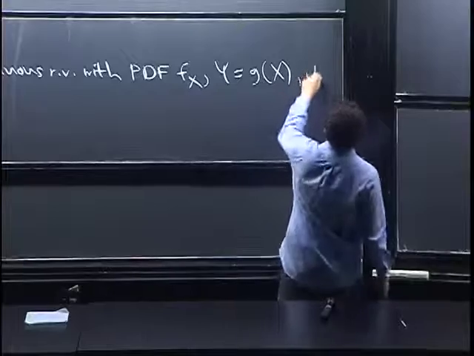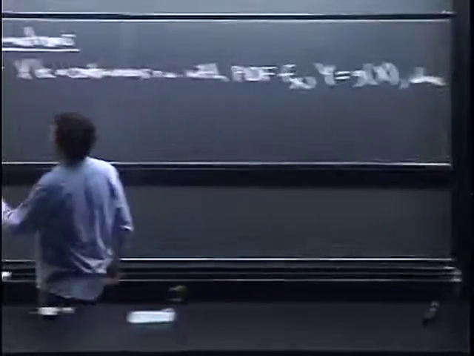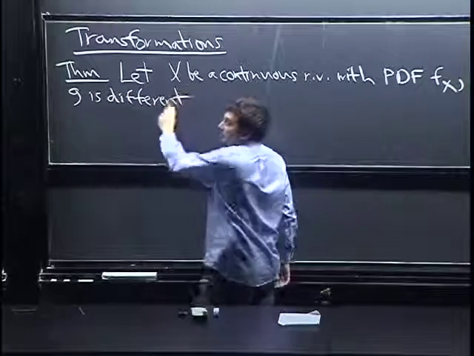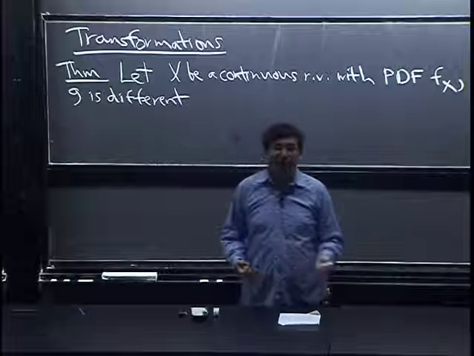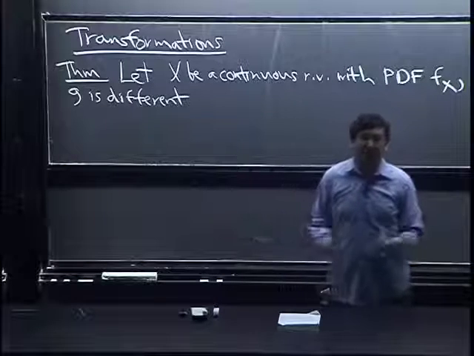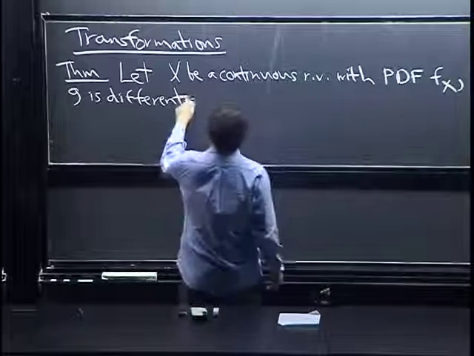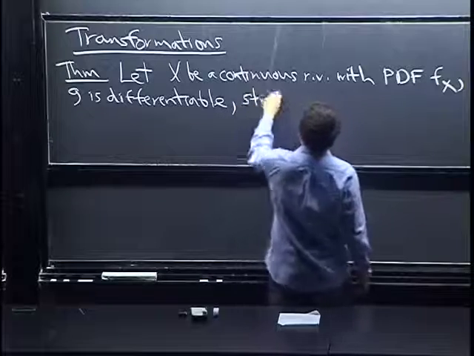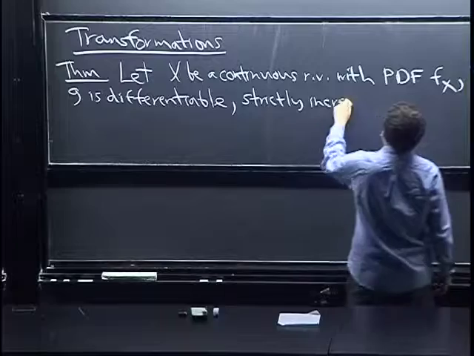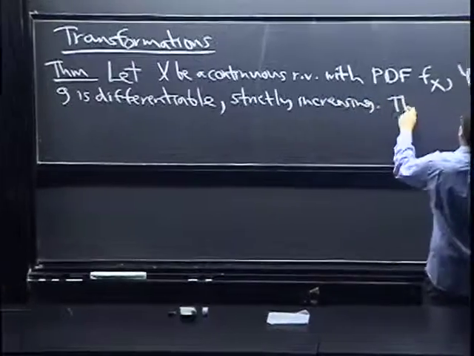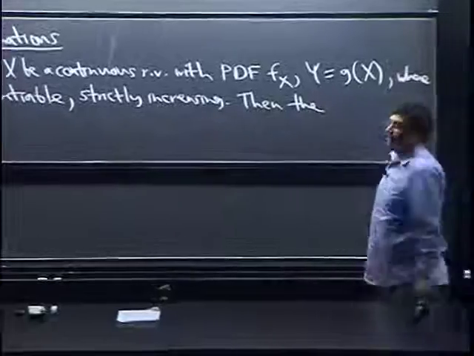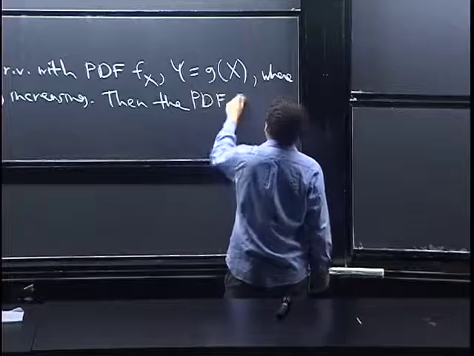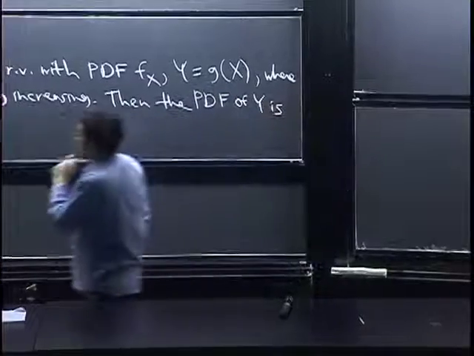So let's assume, to start with, that first of all, g is differentiable. In particular, it's continuous, but stronger than that. We want the derivative of g to exist everywhere, or at least everywhere of interest to us. And let's also assume that g is strictly increasing. Then the question is, how do we get the PDF of Y? And the answer is given by